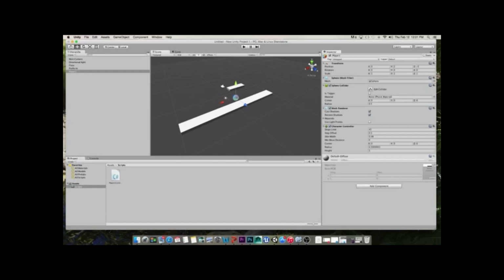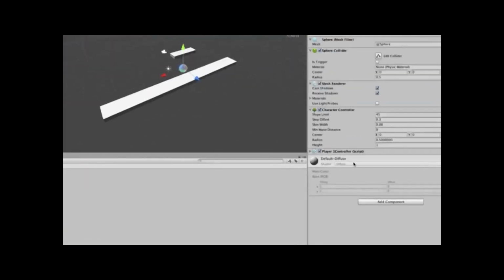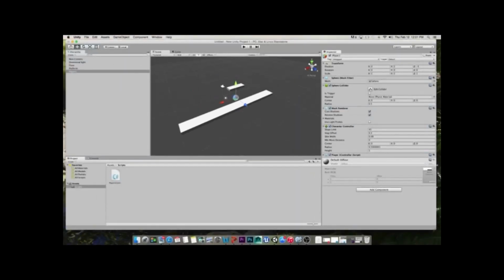To attach a script to an object, you click the script, and you can drag it onto the object in the scene, drag it into the empty gray space in the inspector view, or drag it onto Player 1, I believe, in the hierarchy view. So I'm going to go ahead and attach it. Notice how it popped up in the inspector window. So let's see, I'm going to go ahead and add